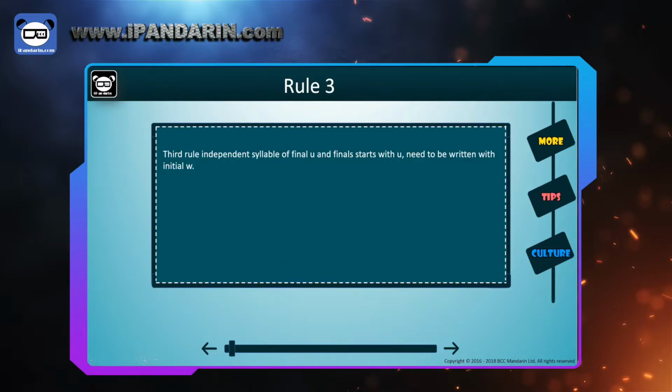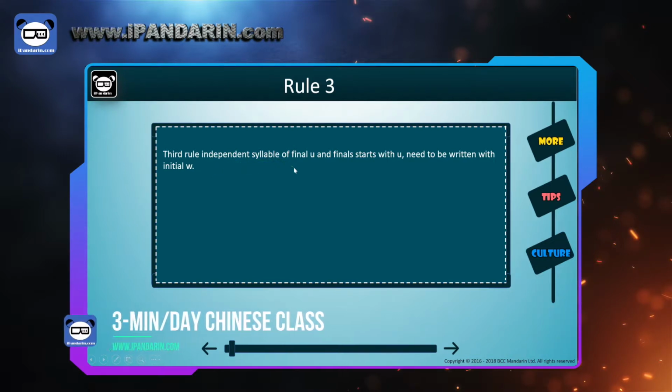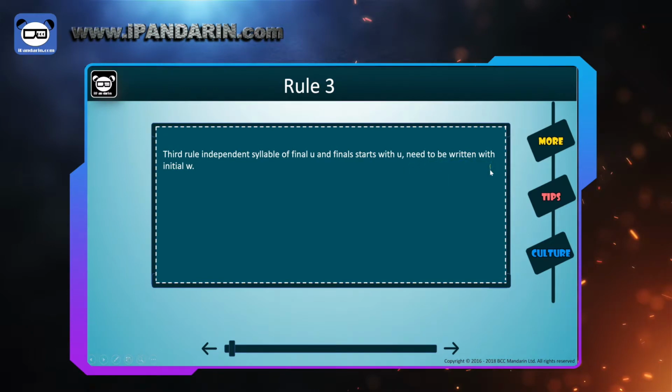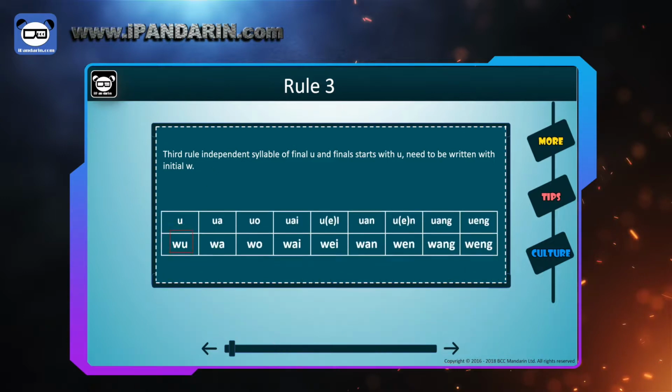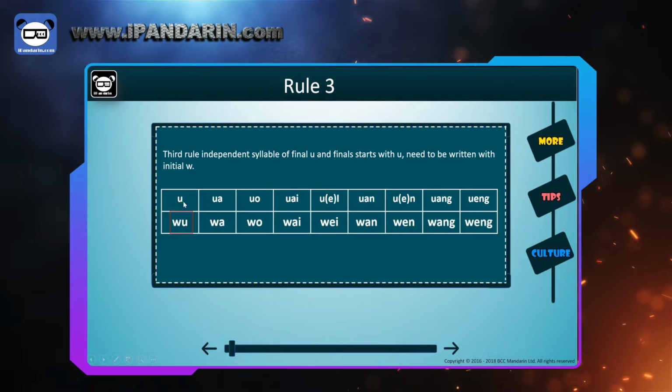Rule number 3, independent syllable of final U and the final starts with U need to be written with initial U, which is also the Roman alphabet W, as the chart shows. For final U, we need to write the initial U in front. For other finals, Wa, Wo, Wai, Wei, Wan, Wen, Wang, Weng, we need to replace the final U with the